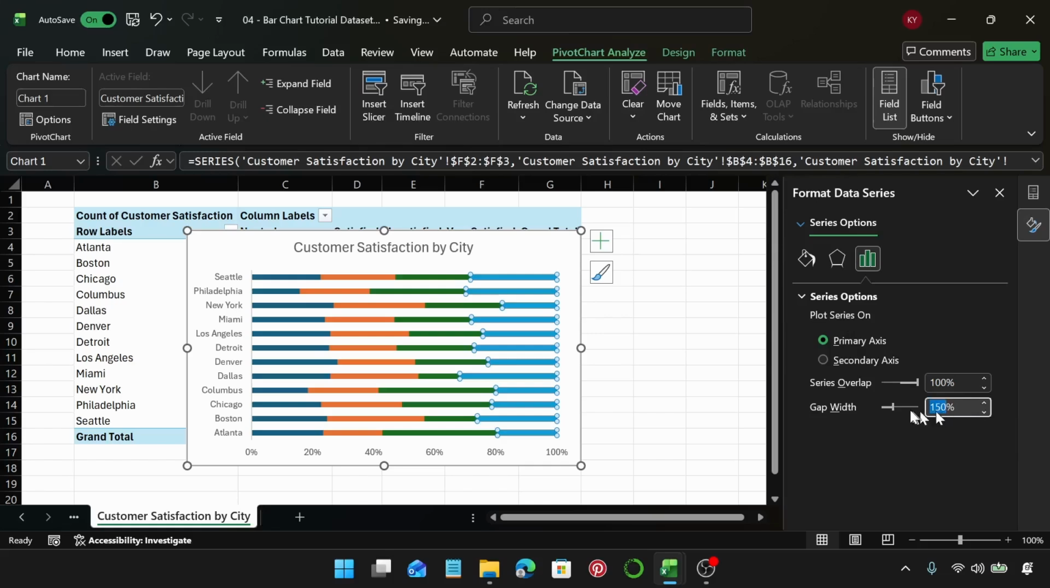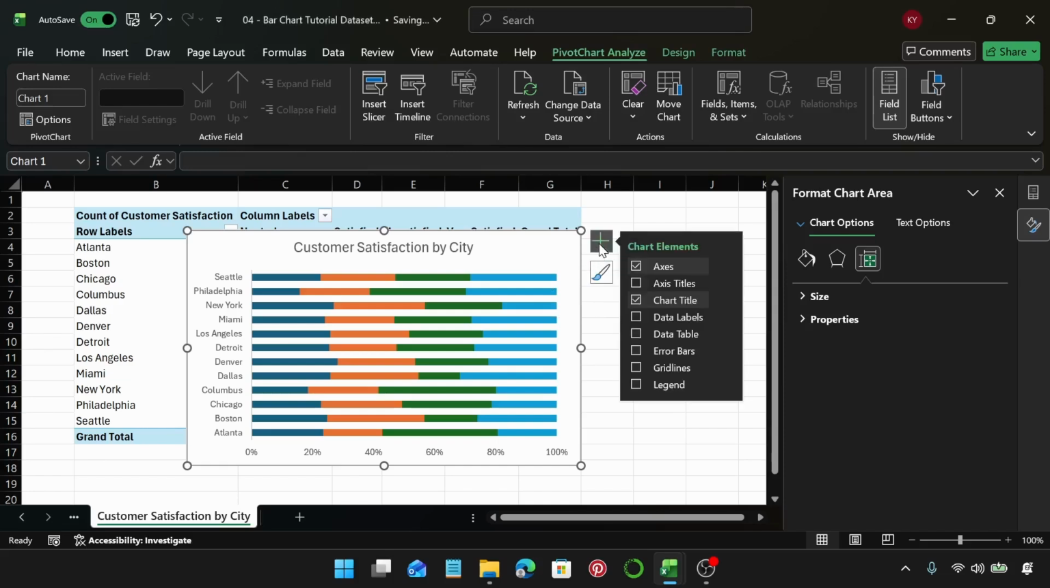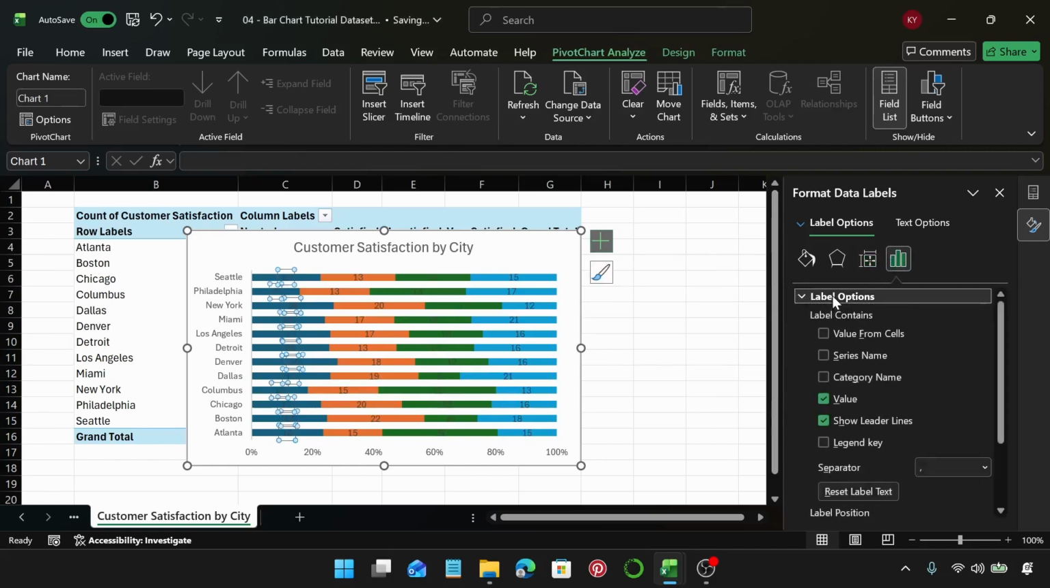width 100 so that the bars can be a little thicker. I may have to increase it, but let's add. I want to add data labels to this. So I'm going to select data labels, or I could also select more options, and I can change the label